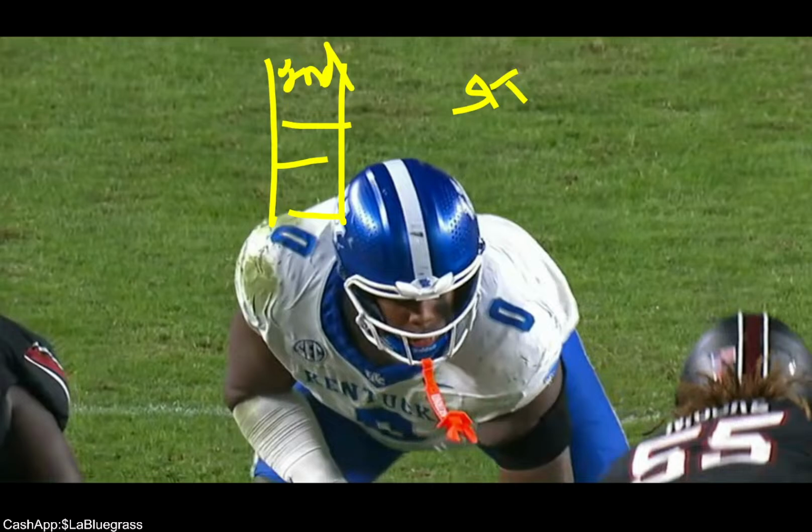Devin Leary is going to be the scapegoat. Devin Leary isn't a scapegoat. Devin Leary isn't the biggest one to blame. Just saying. Is he part of the blame? Sure. But he's not the full blame, and it's not even close. And nobody better say the O-line. They're the bottom of the list.